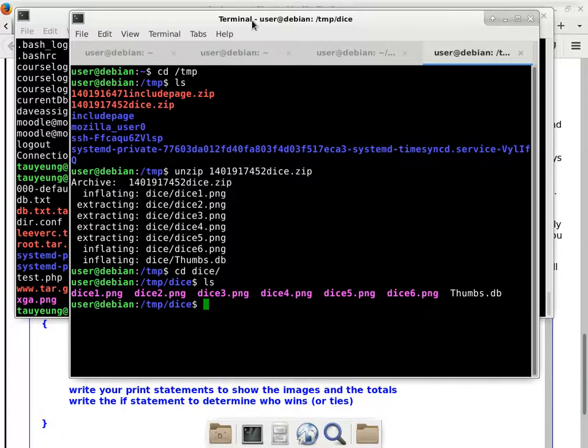Maybe we use the file name as I+1. So you can parameterize the digit of the file name, which basically means when you need to store the file name into the array, you just use double quotes, okay? Double quote dice, dollar, and then some variable dot png, and then you just have to make sure that that particular variable has a range from 1 to 6. Okay? Is that okay?